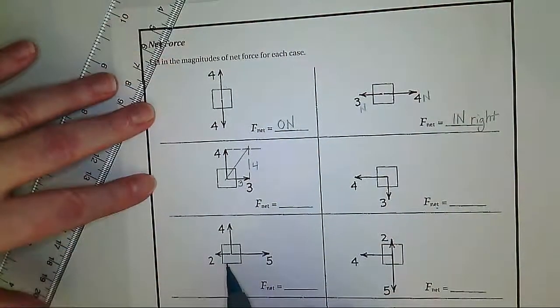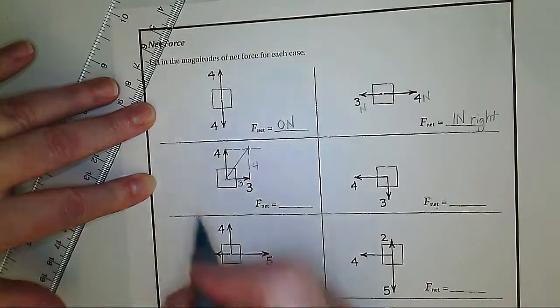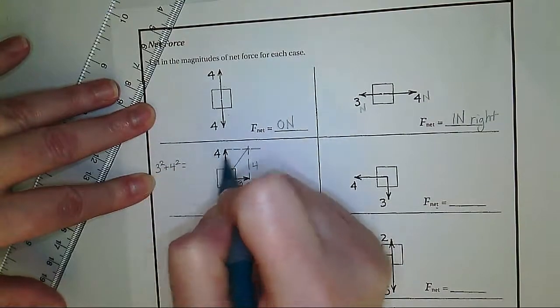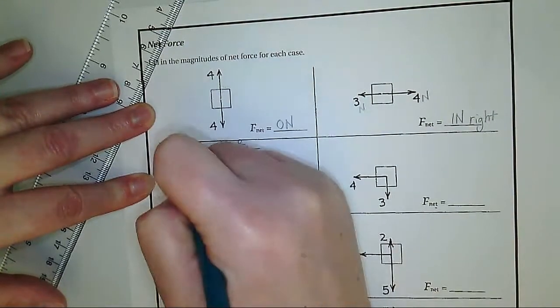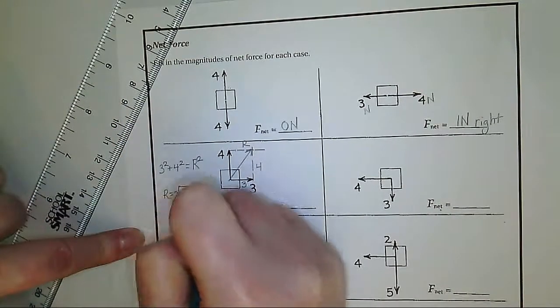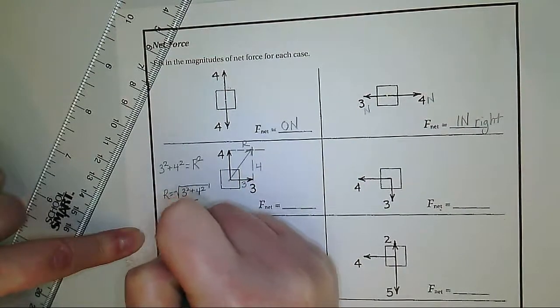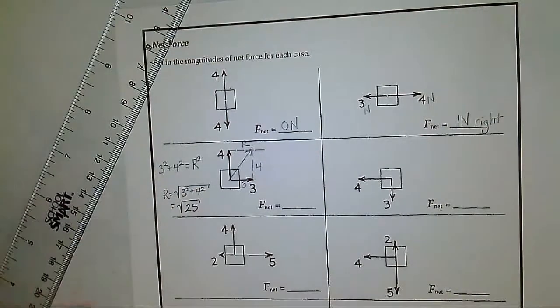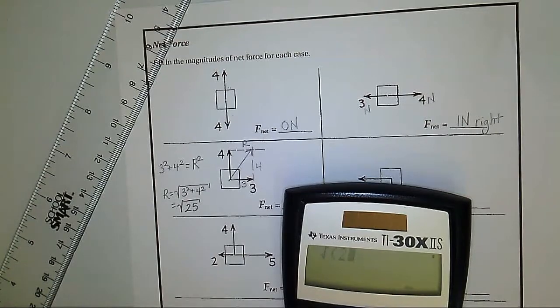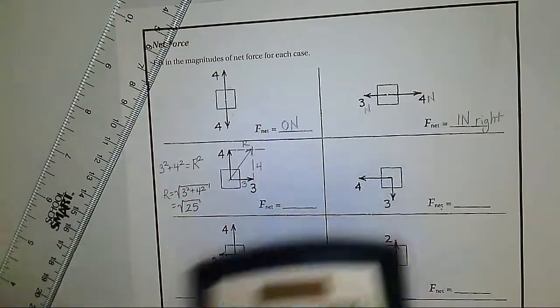So that's where we're going to use that Pythagorean theorem, right? 3 squared plus 4 squared equals our resultant squared. So our resultant is the square root of 3 squared plus 4 squared, which is 9 plus 16. The square root of 25 is 5,